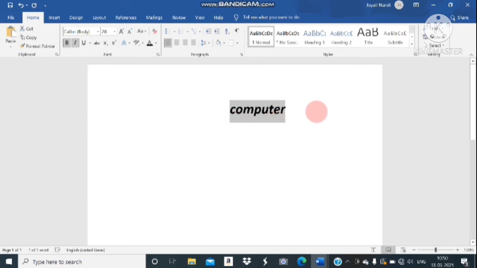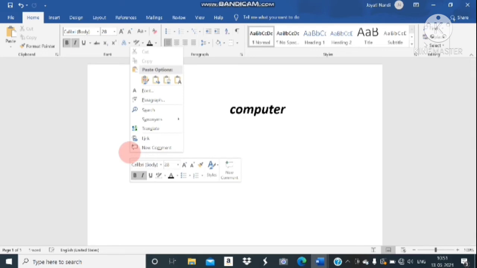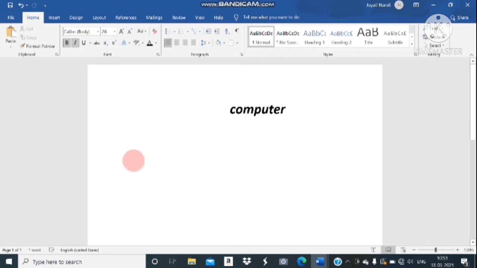After that, say you want to place it here, so move your cursor here. Then again right click, and click on paste, or simply do Ctrl plus V. For paste, Ctrl plus V, and for copy, Ctrl plus C.